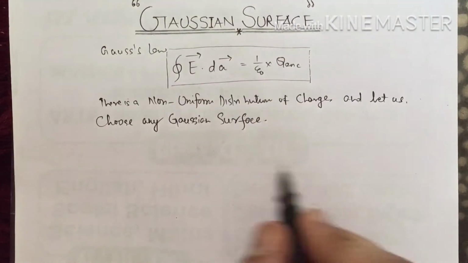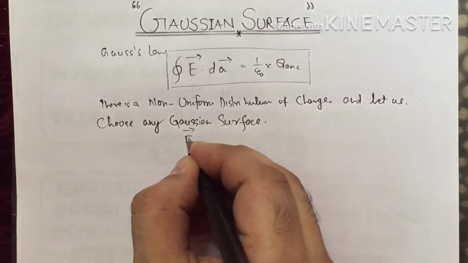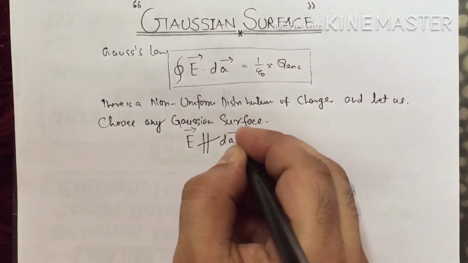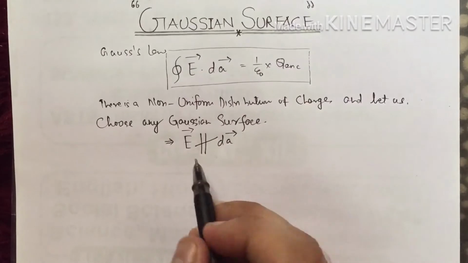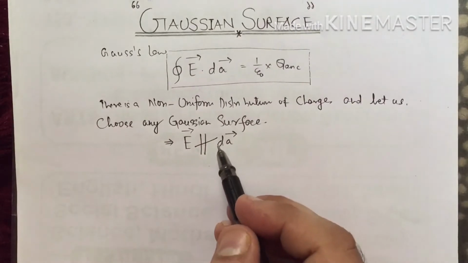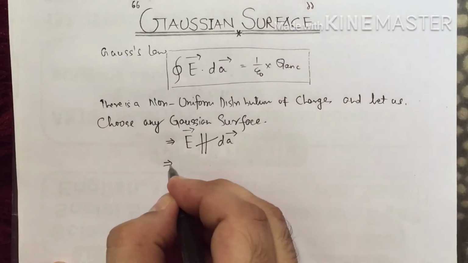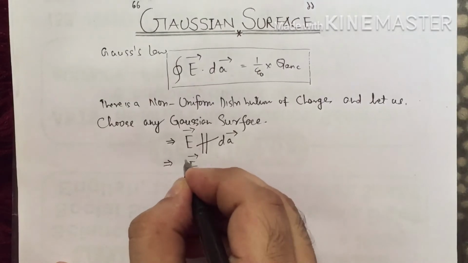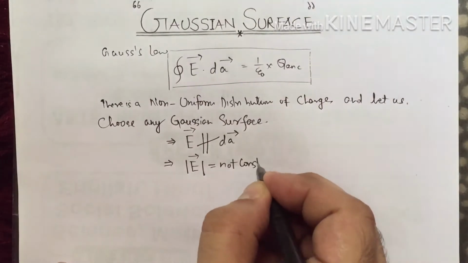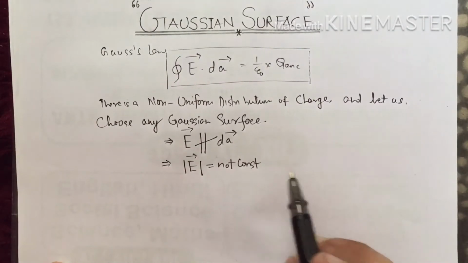So what will happen? In this case, the electric field vector will not be in the direction of the dA vector. That means it is neither parallel to it nor anti-parallel. Moreover, the magnitude of electric field is not constant over the surface that we have chosen, and hence